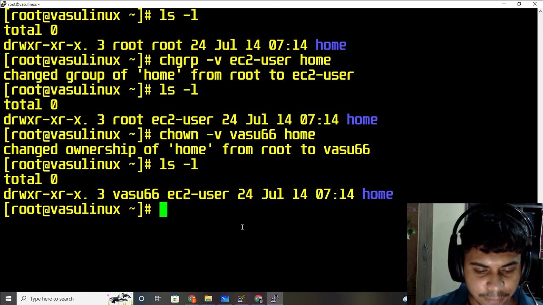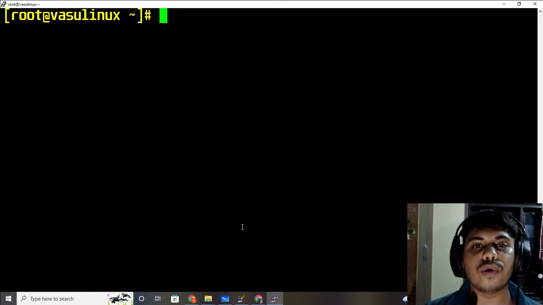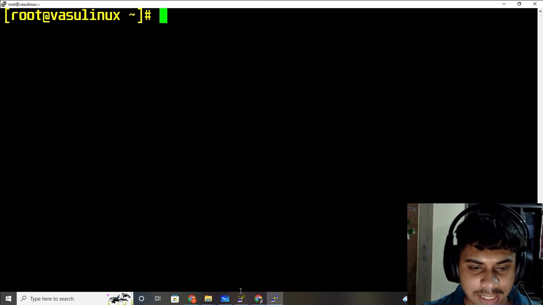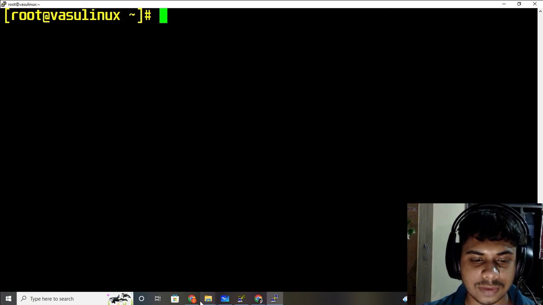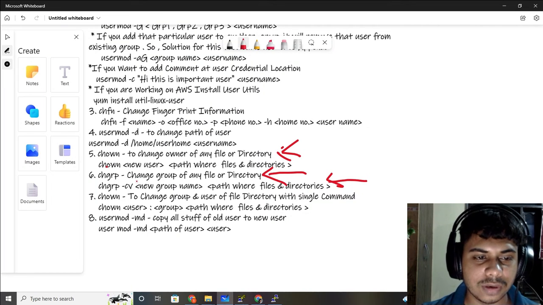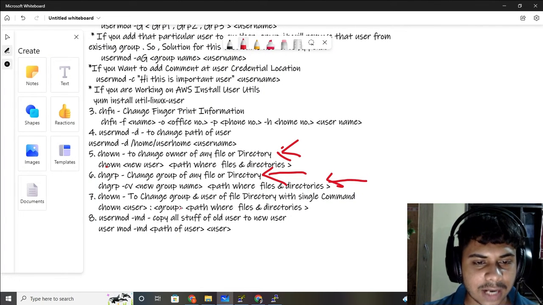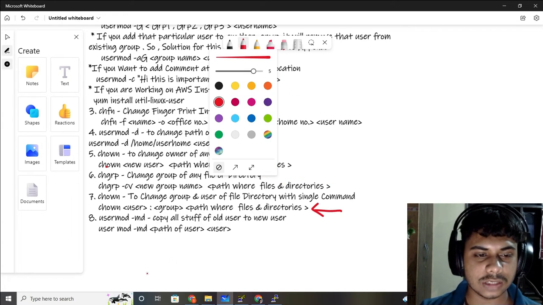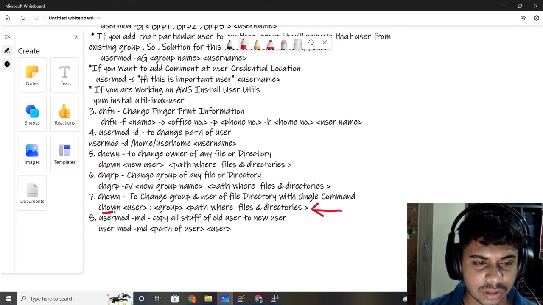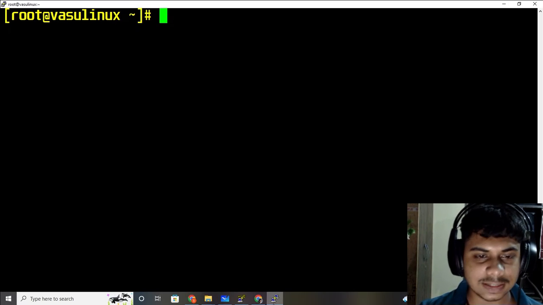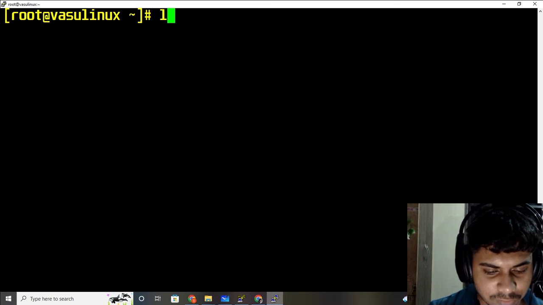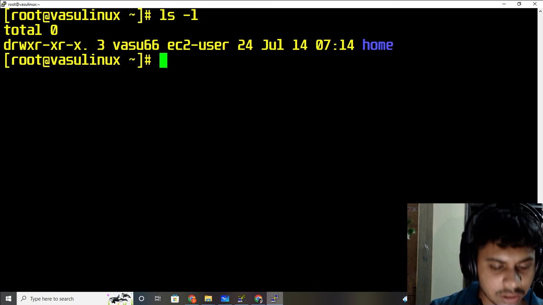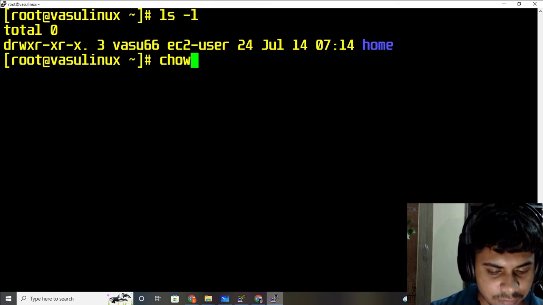Alright, but if you want to change both user and group with only a single command, what is that? Let me show you as well. Where is my whiteboard? There it is. So for that your command is this. As you all can see, chown is your command, change owner user. You have to write like this. Let me show you. Let me do first ls -l. Your command is chown